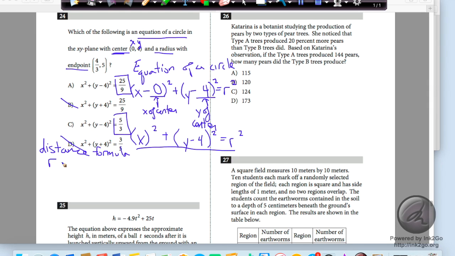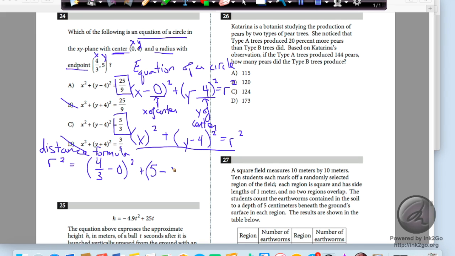So here I have r squared equals, now I'm going to have 4/3, which is my radius with endpoint. So this is my endpoint, right, of my x endpoint, right? 4/3 is my x, right? 5 is going to be my y. So these are my endpoints, and this is my center of the circle. So I have 4/3 minus 0, because that's where I'm starting from in terms of my x. This is also going to be squared, plus, now my y2, or my endpoint, is going to be 5, minus my other,